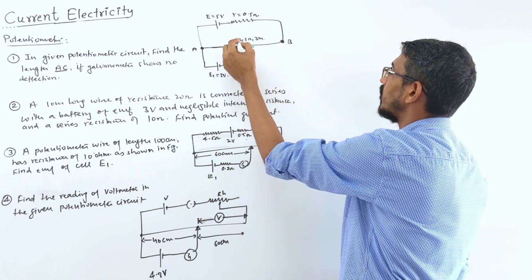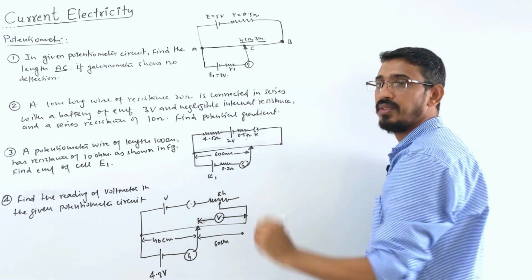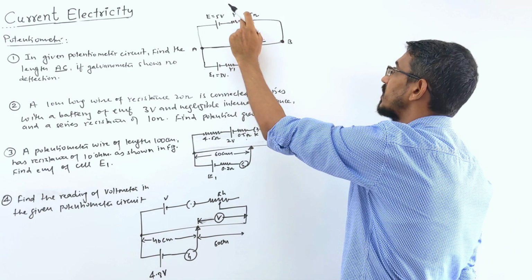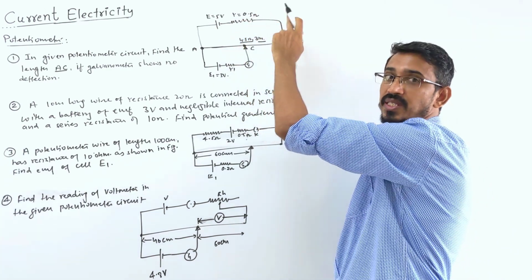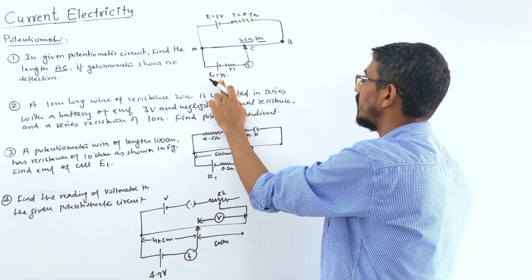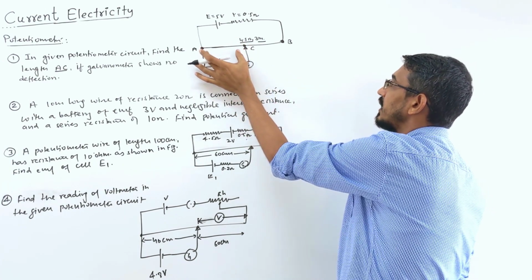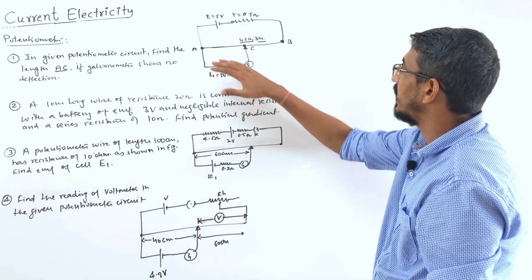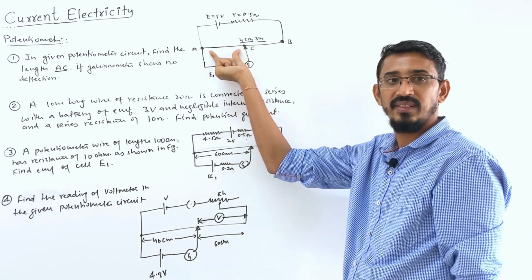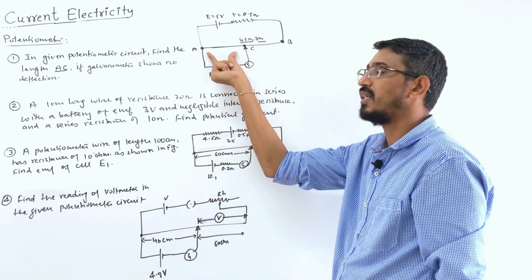So watch it carefully. There is a wire. Properties are given: the resistance of the wire is 4.5 ohm, the length is 3 meter. In the primary circuit, the EMF of the battery is 5 volt, internal resistance 0.5, no resistance in series given, rheostat Rh not given, it's okay. In the lower circuit, there is a battery of 3 volt, internal resistance unknown, and they are asking to find the balancing length AC. That means the EMF of this 3 volt battery is balanced against that length. If you know the potential gradient, then you can easily find that balancing length.